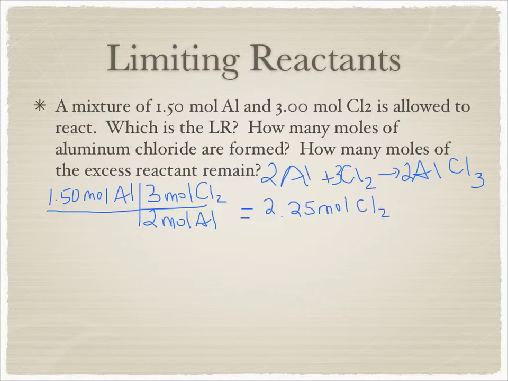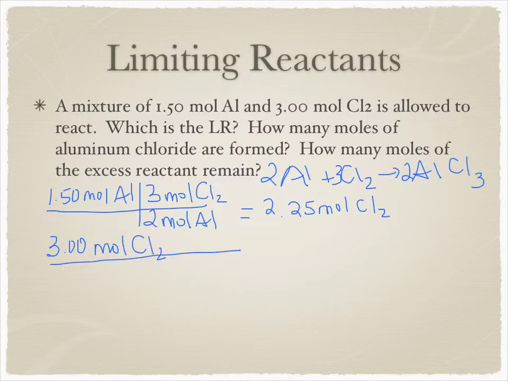Now how much chlorine do we actually have? Well, we have 3 moles of chlorine, so the chlorine is probably in excess here. But we should probably do the other part of this. So if we have 3 moles of chlorine,